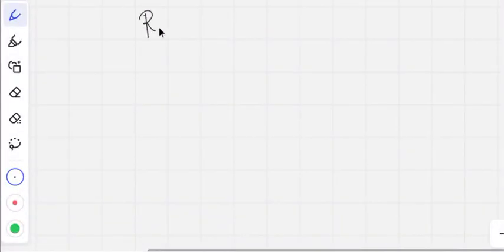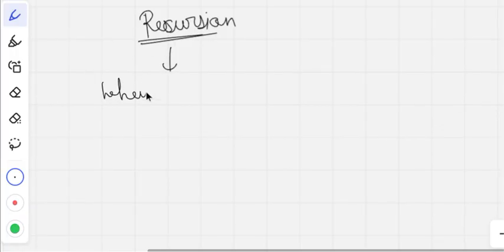Okay, so we are going to start with our recursion now. So what is recursion? That is the basic and the foremost question that is being asked. Before we start, you should know what recursion basically is. In the simplest language, it is when a function calls itself